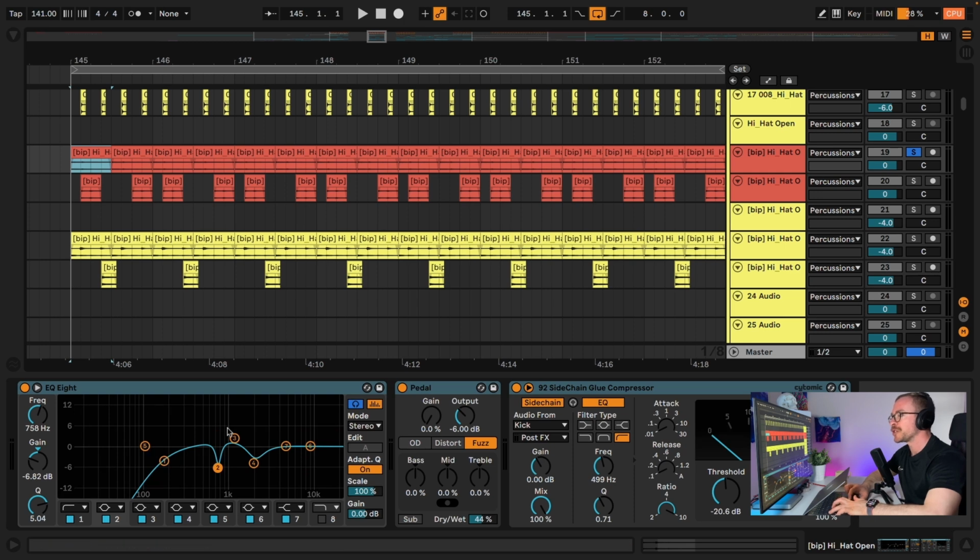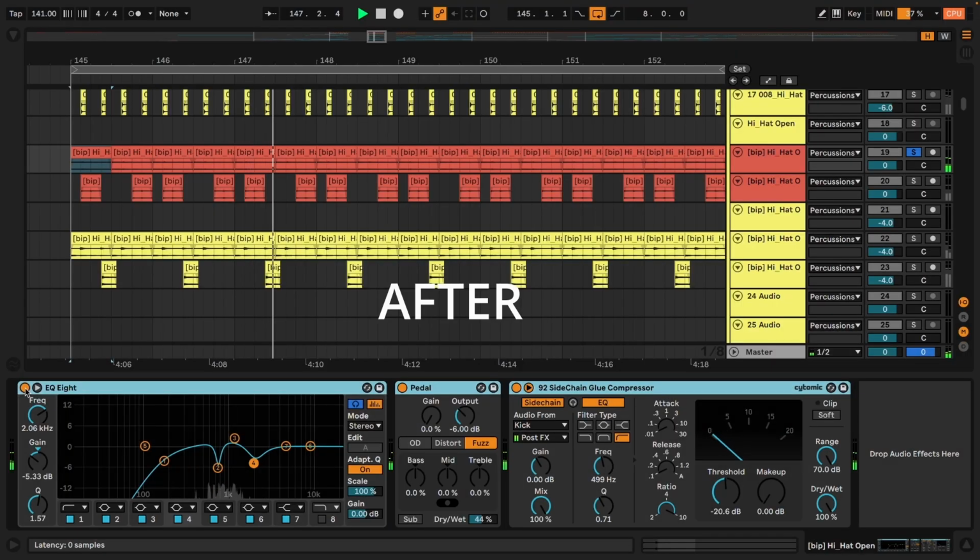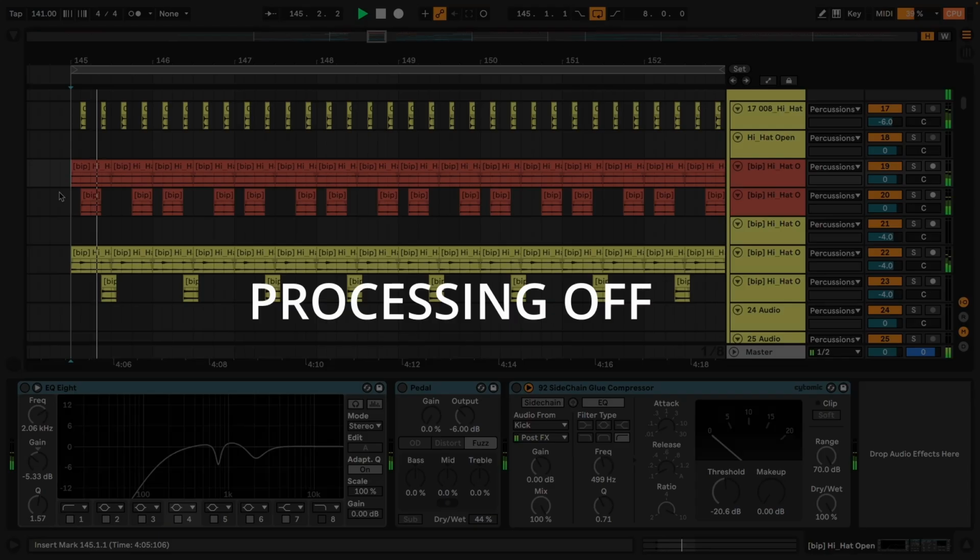Next, I added a few processing to this mix, a bit of EQ to just clean up the sound, added a pedal, which is a distortion plugin, and a bit of a sidechain to the kick. And when it's all together,